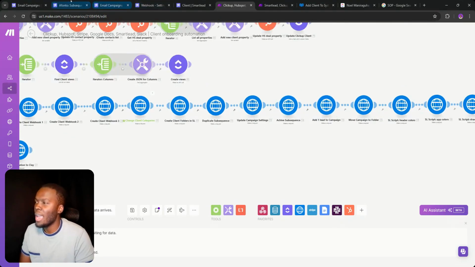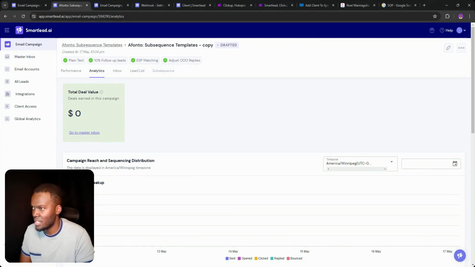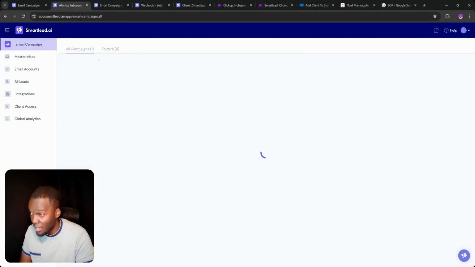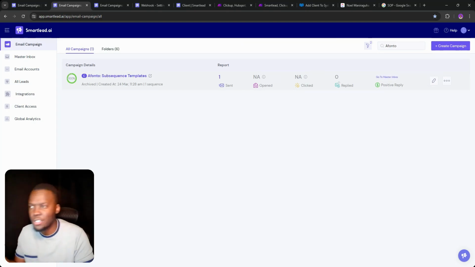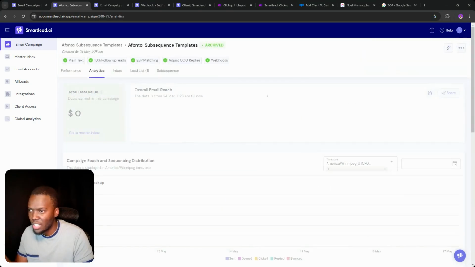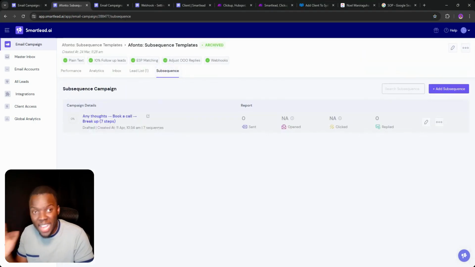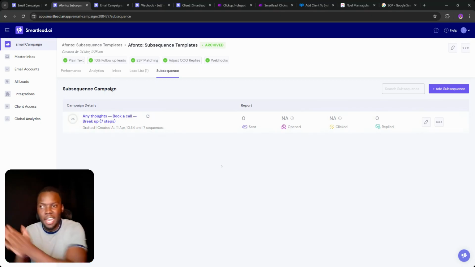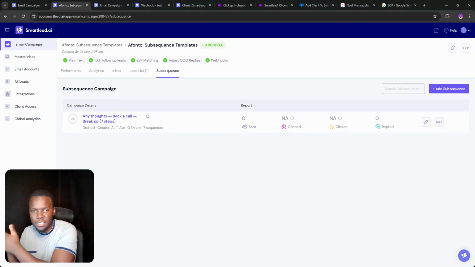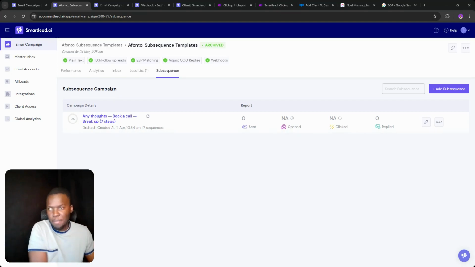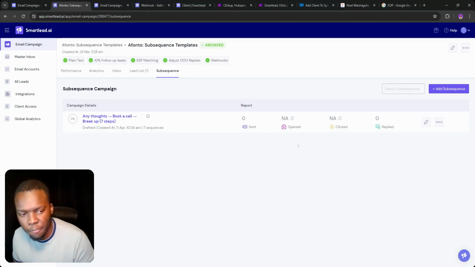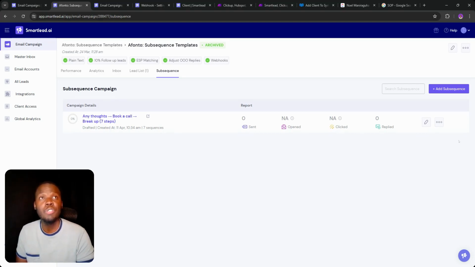And by the way, why this subsequence portion is even a thing is because every single client is going to have a subsequence templates section. And all I need to do is simply change the master subsequences section. And then I have another automation that adds all of the updated subsequences to all of the other campaigns. And so if you find yourself constantly creating campaigns that don't have subsequences, then a solution like this might